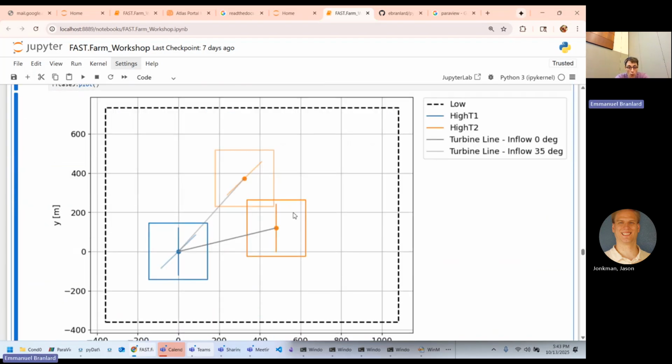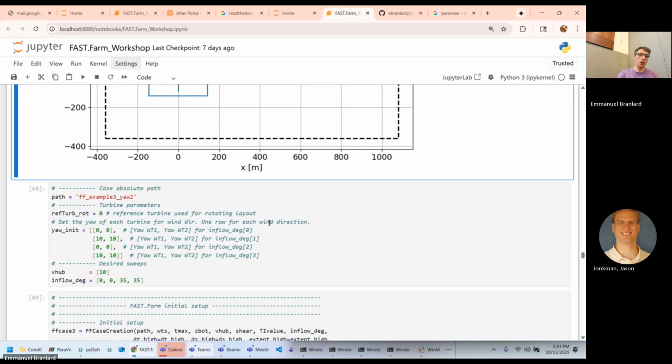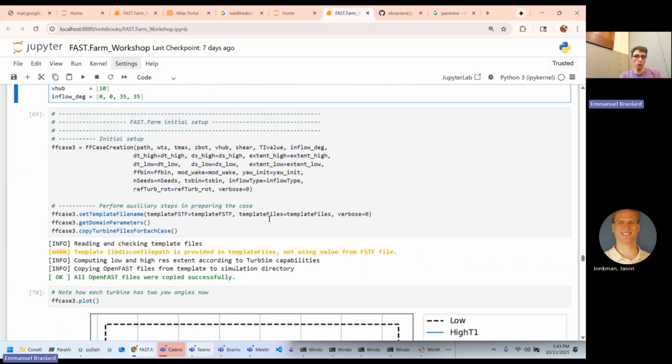Again, this is a bit advanced. This is how all your cases look. The darker one is the baseline. I have 0 wind direction and 0 yaw. The second case, I have 35 degrees wind direction and 10 degrees yaw. It would be a nightmare for you to set this up on your own. So the class is doing this for us. I'm going to move on